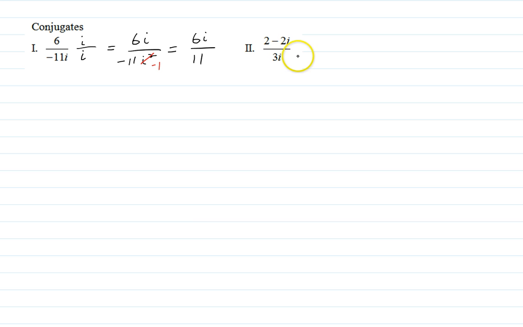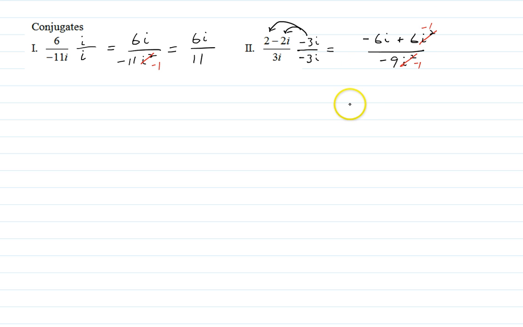So again, since it's a monomial you could multiply by i, I'll multiply by negative 3i just to show you that it still works. What's going to end up happening is I'm just going to have an extra step. So on top, that's going to give us negative 6i, because we're distributing, positive 6i squared. On the bottom, 3 times 3 is going to give us a negative 9i squared. So now I got to take care of those i squareds. That's a negative 1, negative 1. So this is now negative